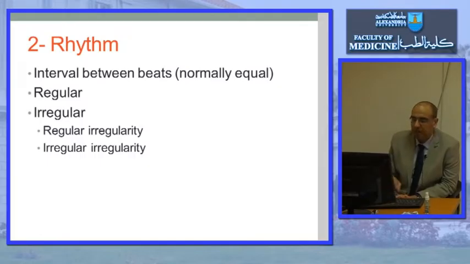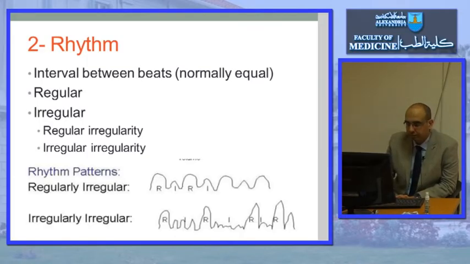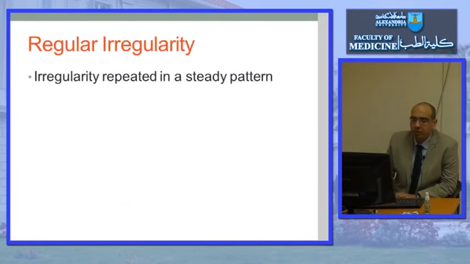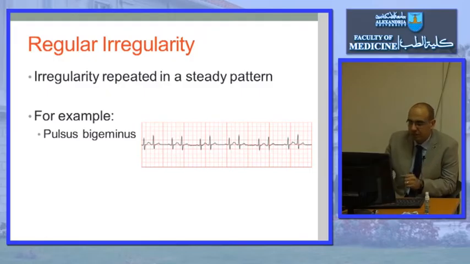And sometimes I have a premature beat, sometimes after one beat, and then after two beats, and then there is a pause, and then after two beats, then after three beats. So there is irregularity, and this irregularity is irregular. So it is called irregular irregularity. Regular irregularity means that there is irregularity, but this irregularity is present in a steady pattern, in a regular pattern. For example,